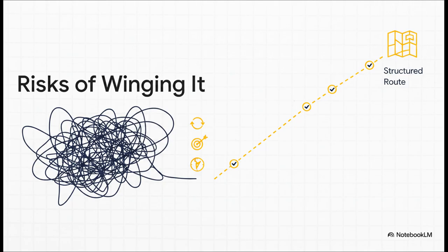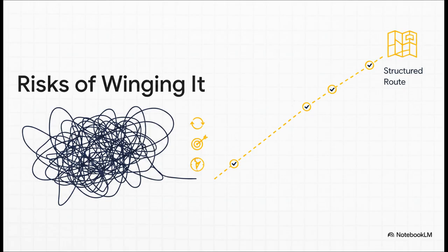Moving right along to Section 2, strategy over spontaneity. Let's get into our next crucial paradigm shift, the battle between raw spontaneity and disciplined planning. Look, writing spontaneously might feel super creative in the moment, but winging it is an incredibly risky strategy. When you just pour thoughts onto the page, hoping a solid structure forms out of thin air, the result is almost always a jumbled mess. Your ideas repeat endlessly, the focus drifts from paragraph to paragraph, and your core concepts never truly develop any real depth.